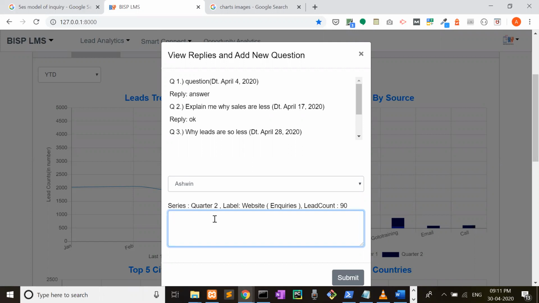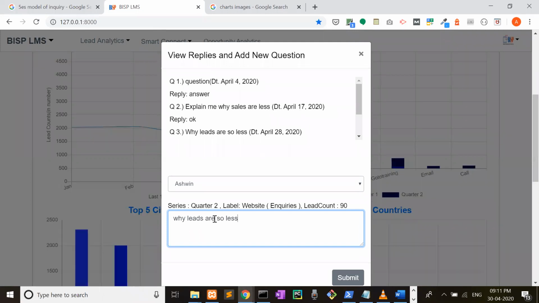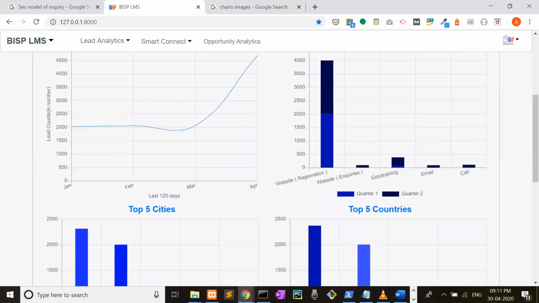Why are leads so less? Then press the submit button.